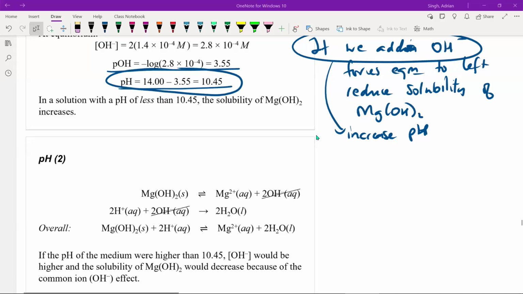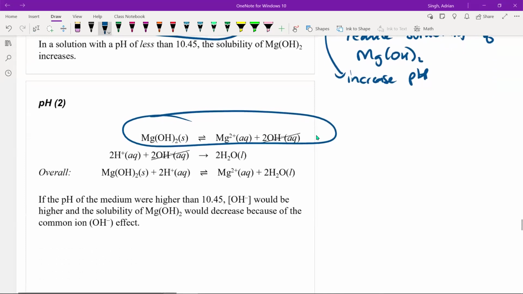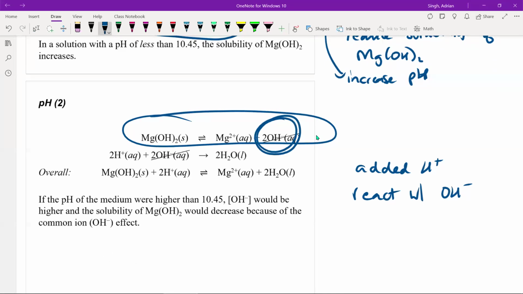If you were to add more H plus ions to make it more acidic, which part of our equilibrium system will respond or try to neutralize that acid, that H plus? Well, it's the hydroxide. So if we added H plus, that added H plus will react with the OH minus, the hydroxide ion. In other words, it will ultimately lead to the removal of OH minus as it reacts